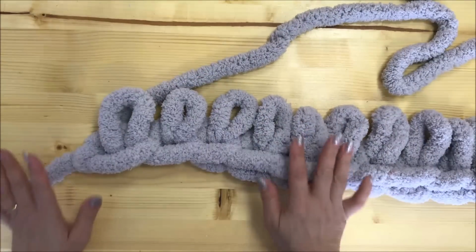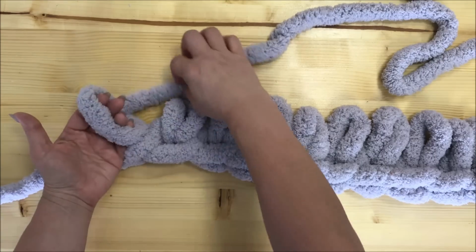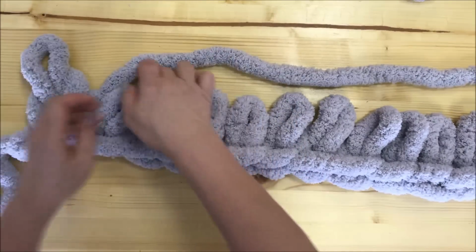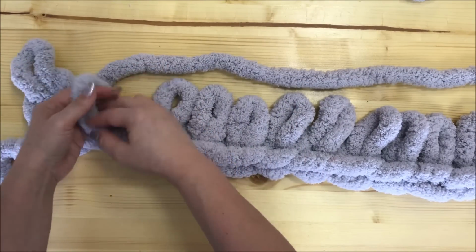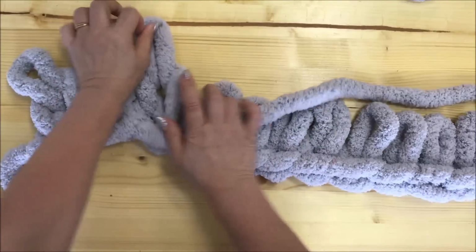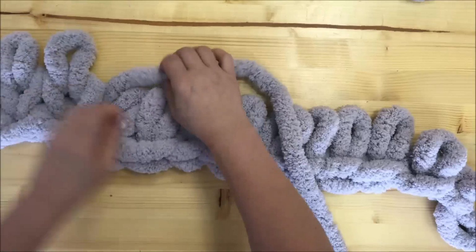You are doing the same very simple stockinette stitch. Insert your hand, grab working yarn, pull it out. This is our second row, and we're doing the same. Hand inside the stitch, grab working yarn, pull it out, and we're doing it the same way to all 14